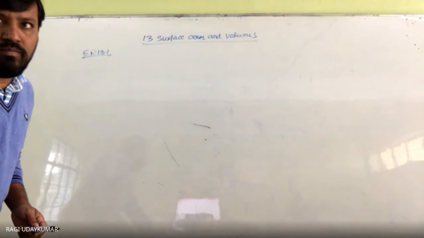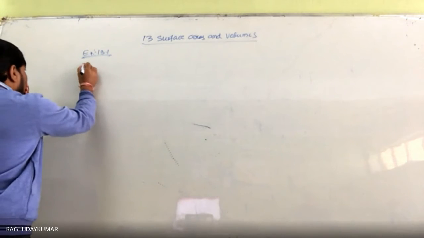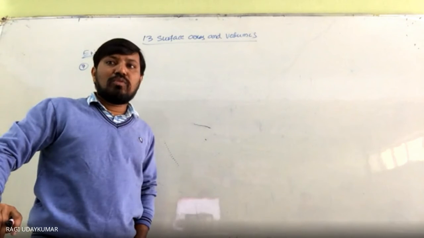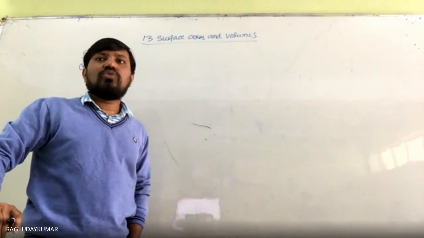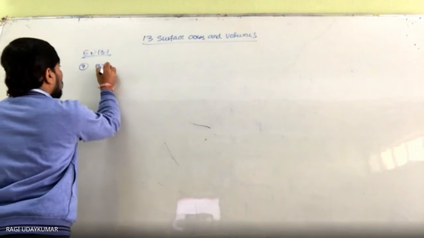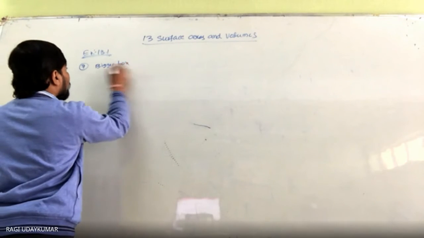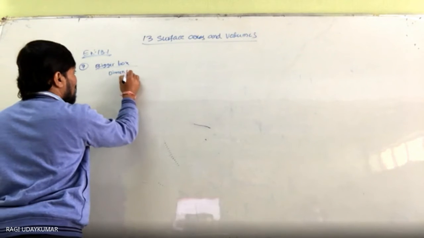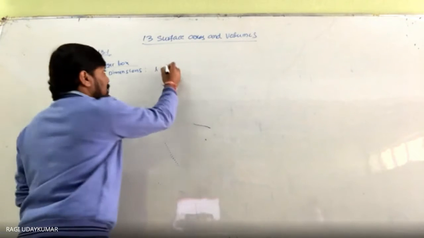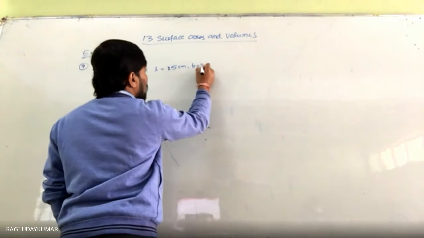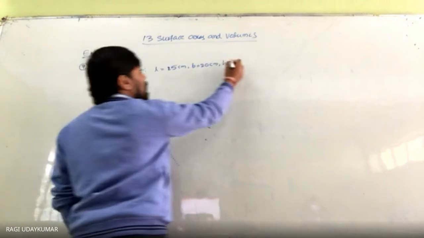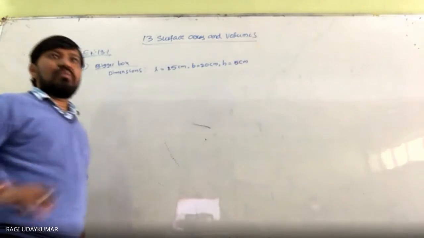So the seventh question is given that a Shanti sweet stall is placing an order for making cardboard boxes for their sweets. Two sizes are required. Bigger dimensions, so the bigger box. First, let us find out the bigger box dimensions. What dimensions are given to you? Length is 25 centimeters, breadth is 20 centimeters, and height is 5 centimeters. 25 into 20 into 5 is given to you. This is to be made.